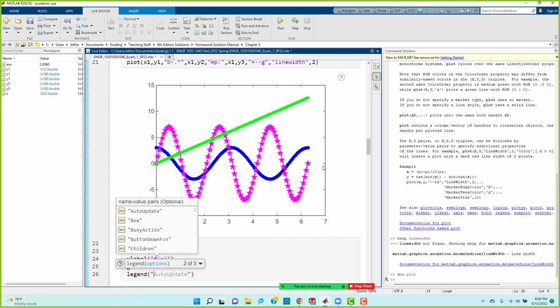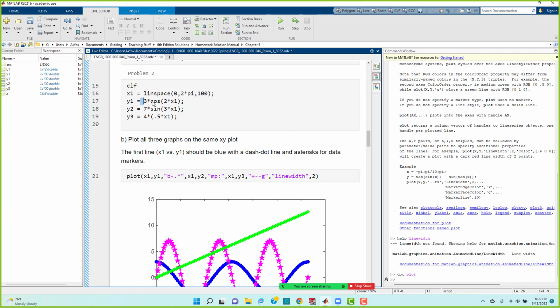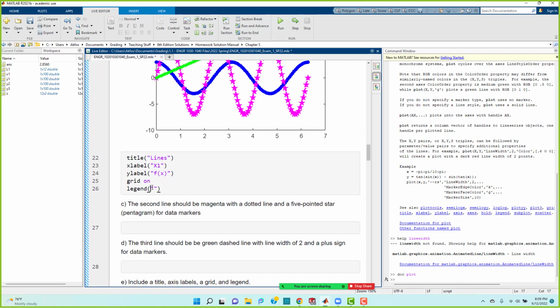First one is, what was that first equation? Let's cheat. And we don't want these in our